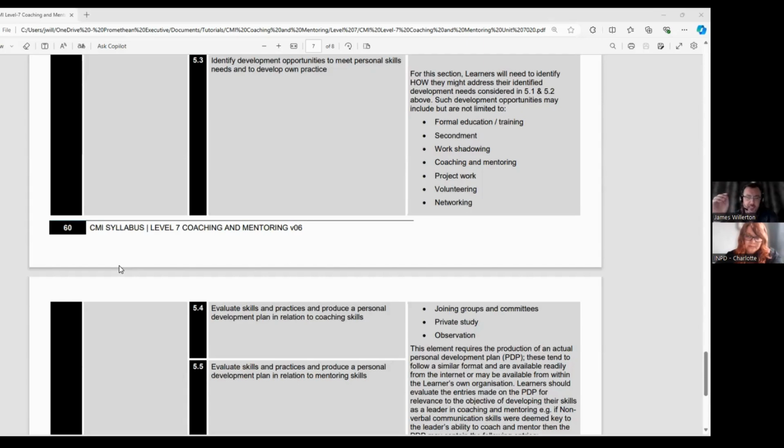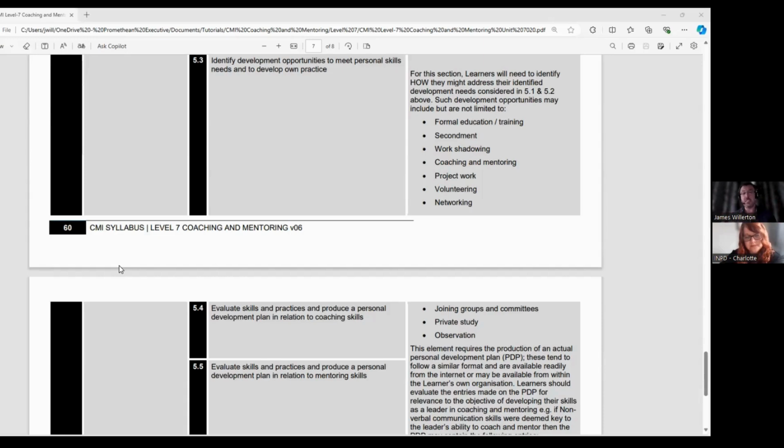Yeah, it could just be that you've got a vision for how you like to practice as a coach and/or a mentor, and it looks like this, and you're currently practicing at this level instead. So that gives you an identification of some opportunities to develop yourself. It's always good to frame, obviously, where you're at now with what the desired future state would be to give you the development opportunities.